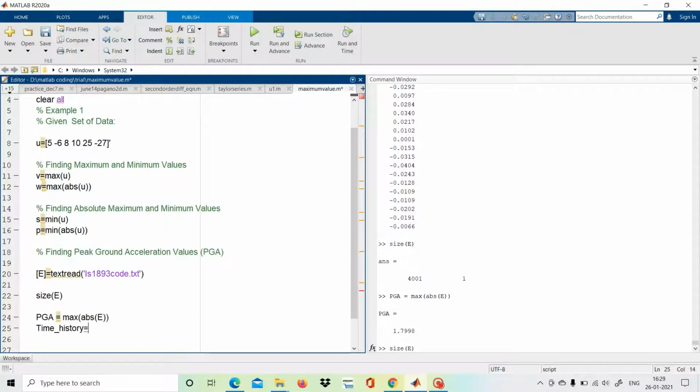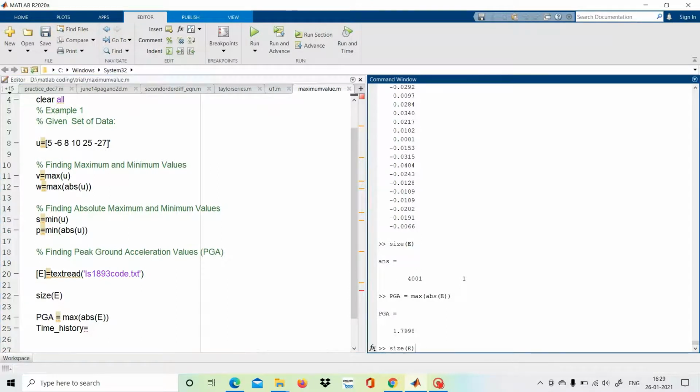Now, if we have to plot this earthquake ground acceleration with respect to time, how will we plot? We require the acceleration data and the time data. Here we only have the acceleration record, and we do not have the discrete time.